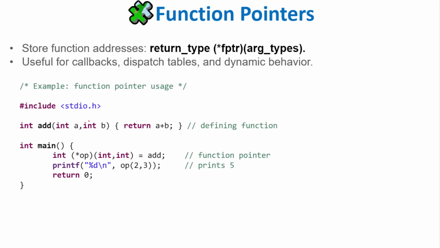Function pointers. In C, even functions have a memory address. That means we can store the address of a function inside a pointer and call the function through that pointer. Function pointers allow us to select functions at runtime, create callback systems, build lookup tables of